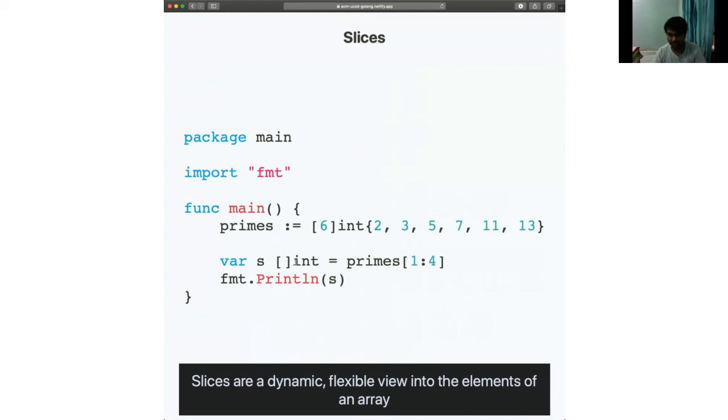You write the brackets followed by the type, just like you would write in an array, but you leave the number out. So this essentially tells Go that this is a slice, and to assign it, you can use a lot of different things, but one of the ways would be to give it a window into an array. So here I give it the window 1 to 4, so 3, 5, 7, 11 into primes.